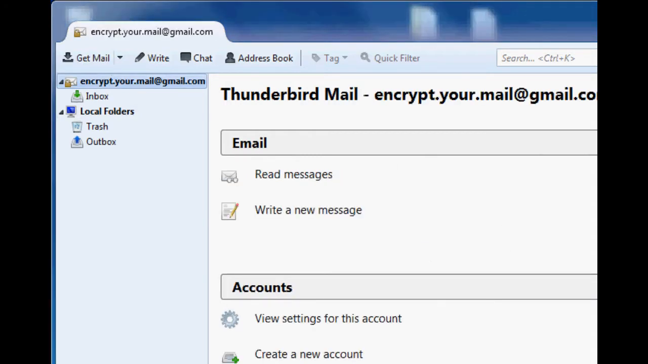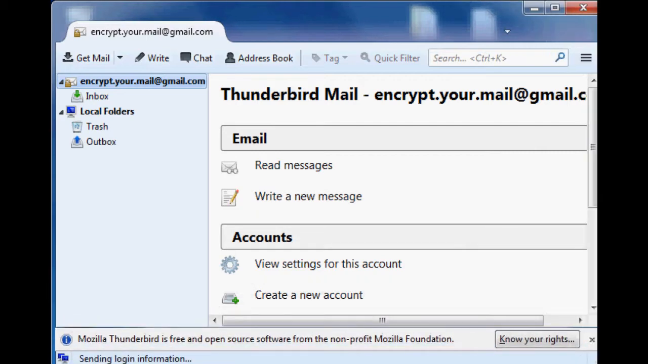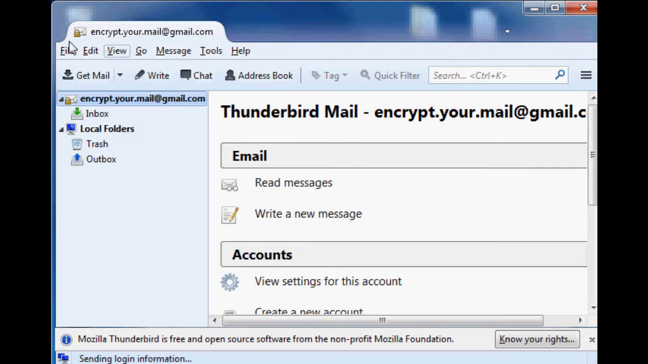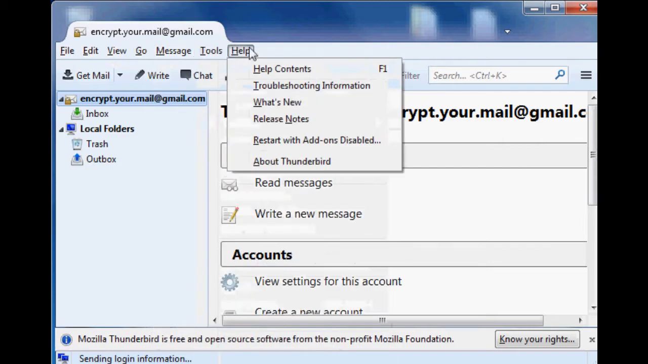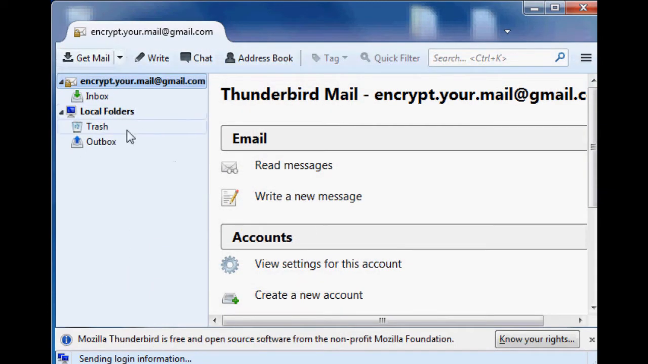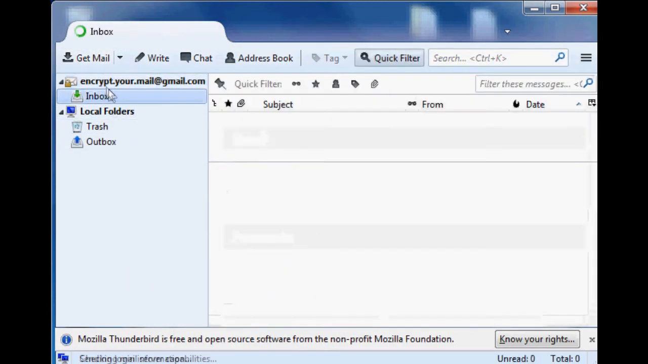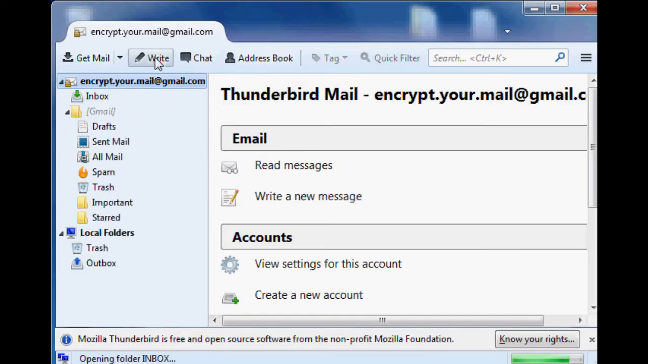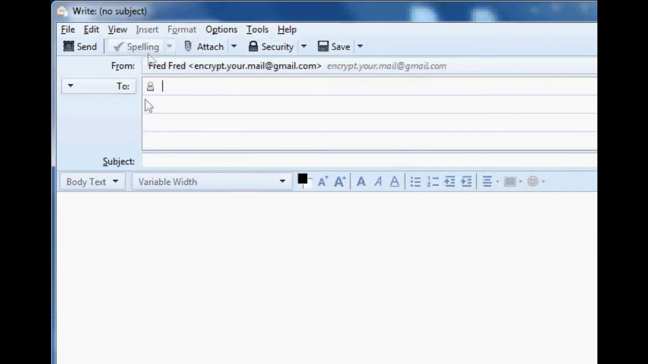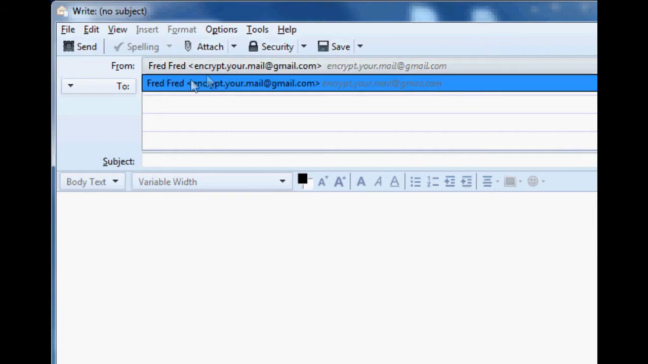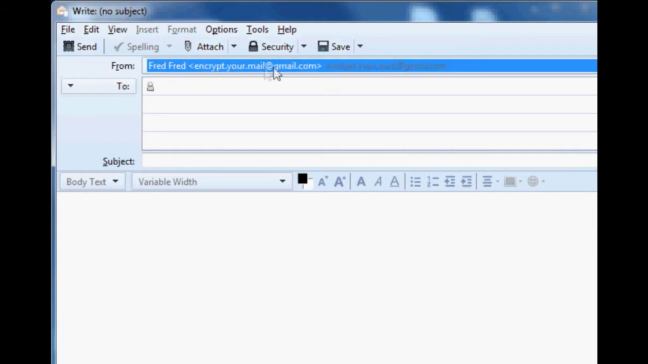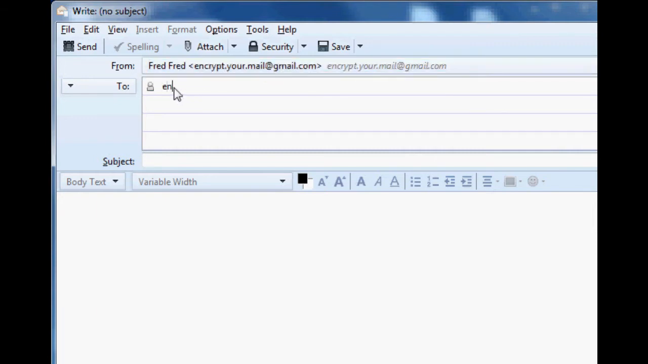Now let's move on to what Thunderbird is. So this is Thunderbird. You can hit Alt to expose that little file menu thing, and you see this stuff, and it's cool stuff. To send an email, I'll just really quickly send an email to myself. You choose Write up there, and here's where it chooses which email account to send from. I'm going to send it to myself,